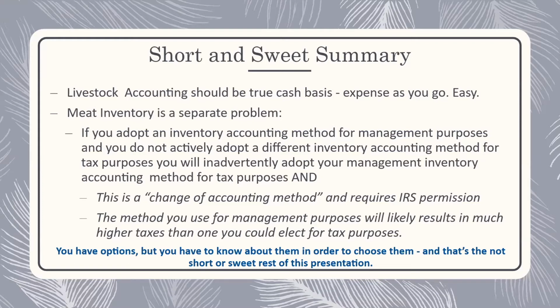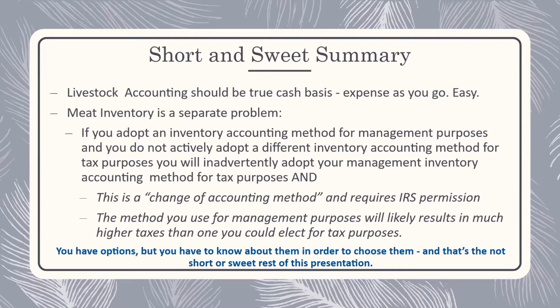That's deep in the tax law to pull out what I just said, but it's there, okay? So the problem is that the default that you would adopt is very likely going to cost you more in taxes than if you actively adopted the method that's available to you that is more advantageous for taxes. So it's a critical choice, and the reason it's so critical is the IRS doesn't let you change your mind